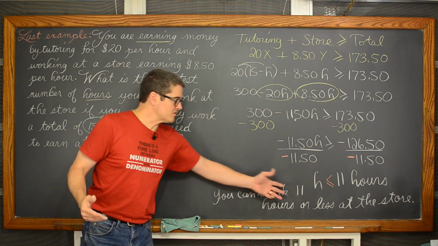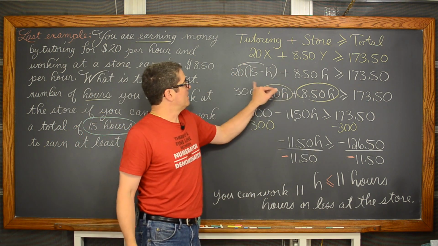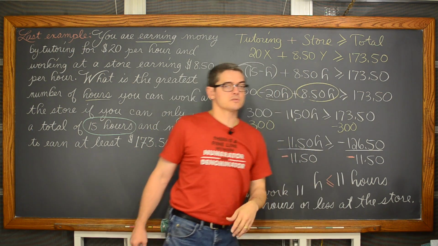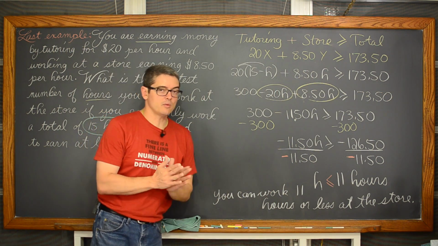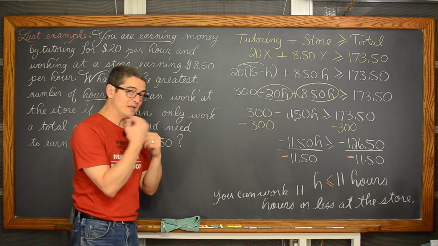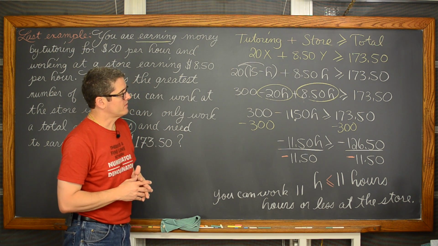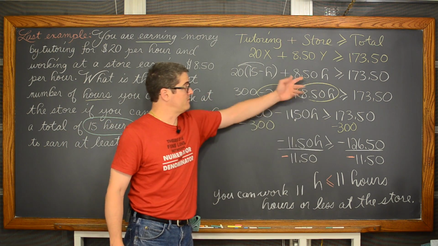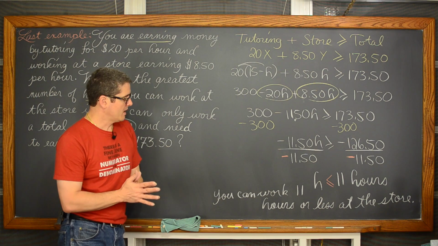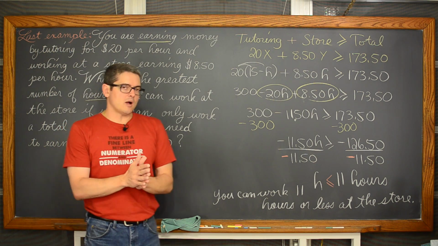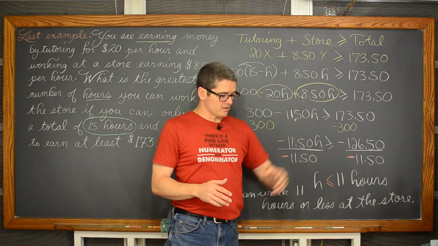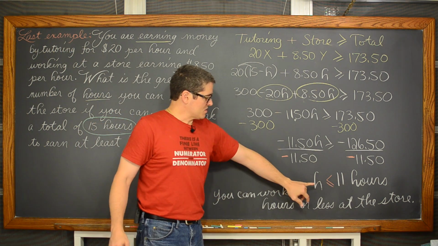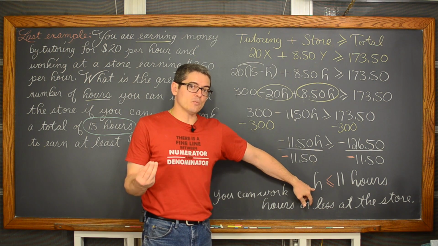Now I haven't checked it. If you want to check it, you can plug 11 back into here and make sure you get a value that is greater than or equal to 173.5. There's no round off error. It will be 173.5, and then you can plug in a number that's maybe 10 or 9 or 8 to see if you get a bigger income. When you do word problems, especially something quite as complicated as this, make sure you're actually answering the question. Just because you have a variable answer doesn't mean you're really done.